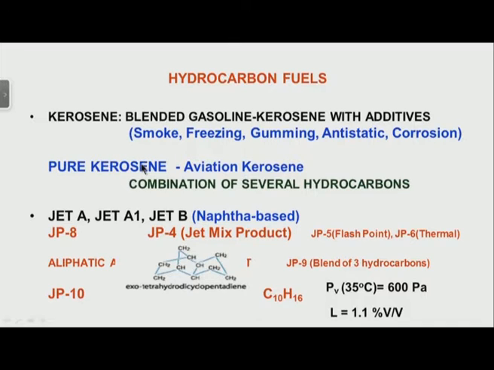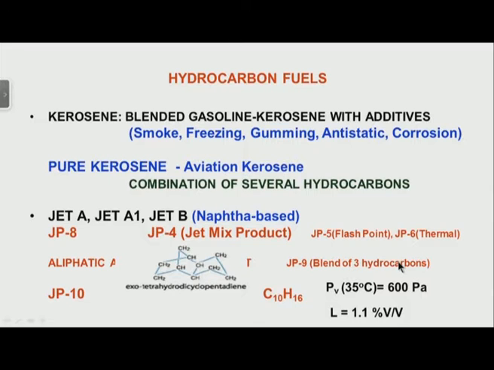Essentially, we can take the properties to correspond to kerosene, but to some extent the flash point is brought down. In fact you have improved fuels, like we say JP, jet mixed products. JP4 is a product in which you have a mixture of hydrocarbons and some more additives added, such that the flash point and the thermal properties are improved. You have JP5 fuel in which the flash point is reduced, JP6 fuel in which the thermal properties are improved, you have JP8 which is an improvement, and also you have JP9 which consists of a blend of 3